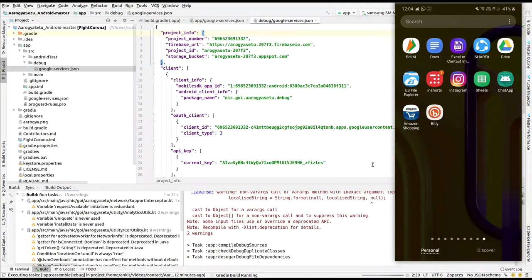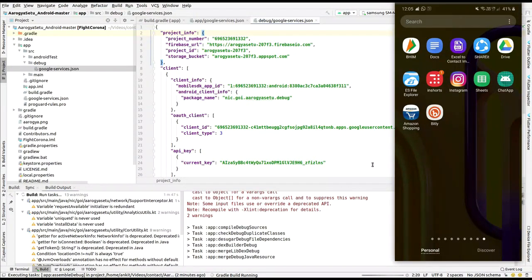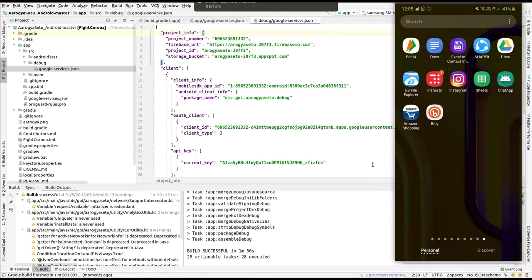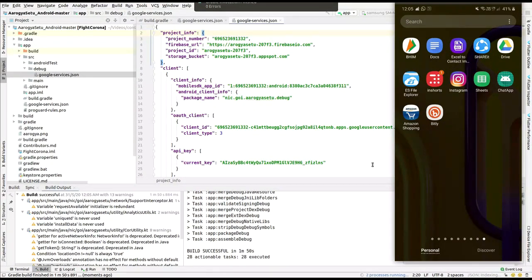Also, the Arogya Setu open source application has so many pushes and pulls in their Git right now, because developers have started contributing to it. Now if you are a student or a developer, then it is going to be a boost to your CV that you have contributed to this marvelous app. So it is being installed. Wait for this also.